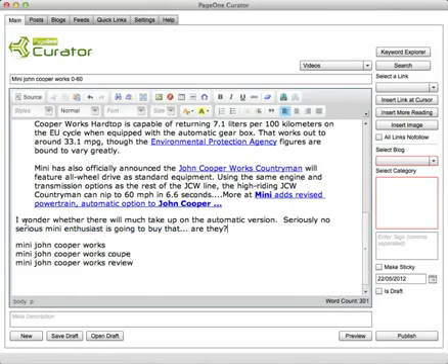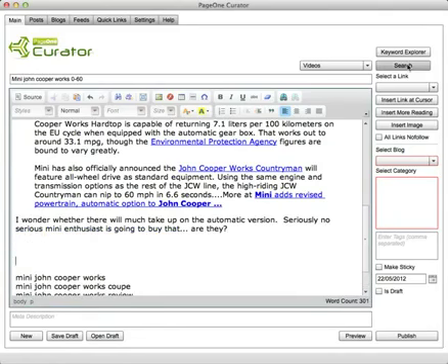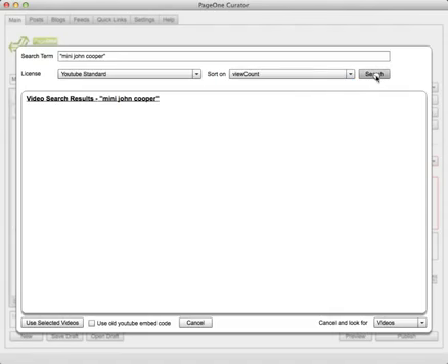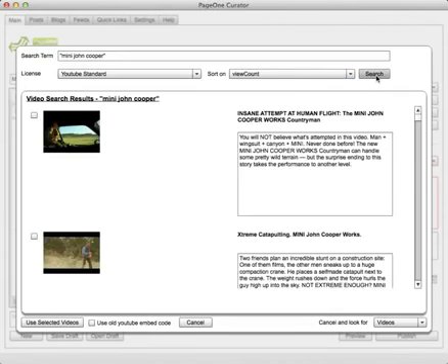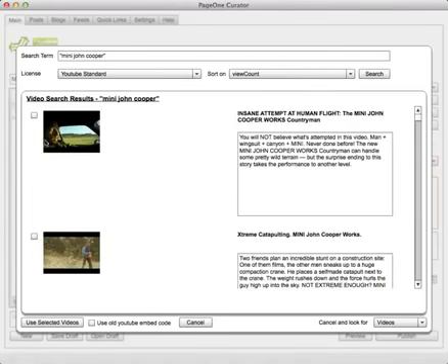So I'll just put a closing bit here, and then I'll click search on videos. And what I can do here is I can choose to search YouTube using different sorting categories, either by view count or rating, so that I know that the ones that come at the top are most likely the most interesting ones. And first of all, what comes back is a whole variety of thumbnails, and then if you see something that looks interesting, so this is, for example, an insane attempt at human flight, I can click on it,